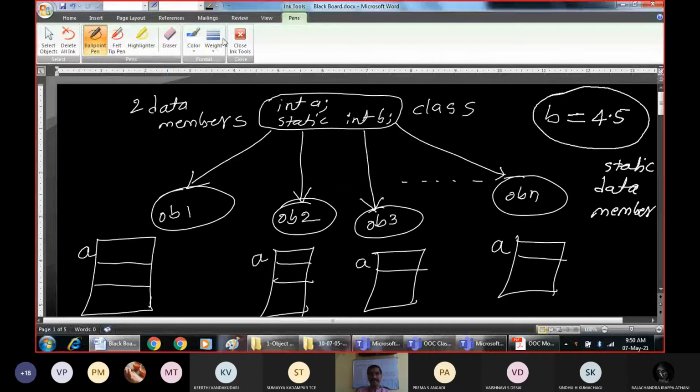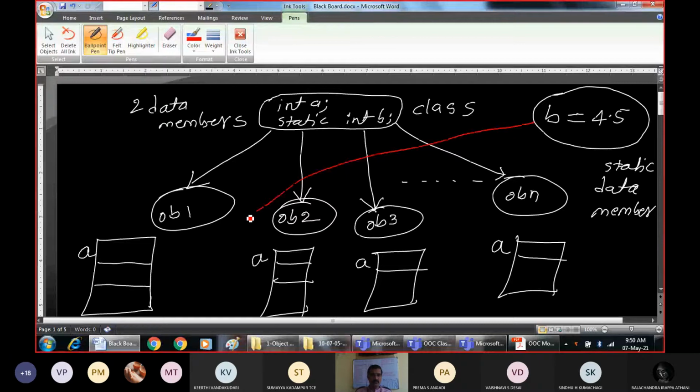Memory will not get reserved independently for each object. What happens? Every object, object 1, object 2, object 3, and then object n, will have access to it, but no independent memory will be reserved for the static data member. So that is the purpose of a static data member.